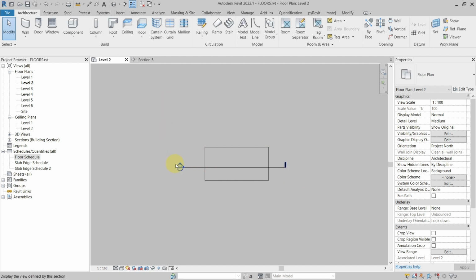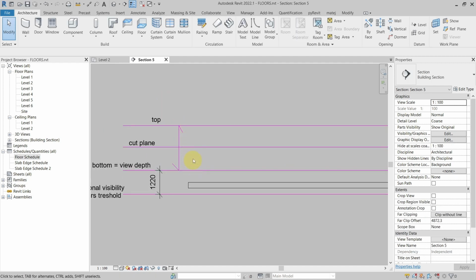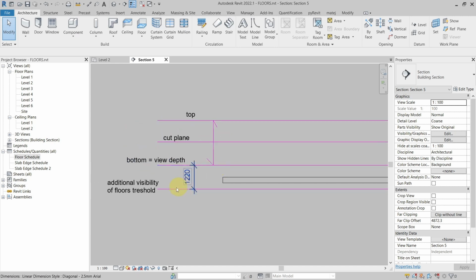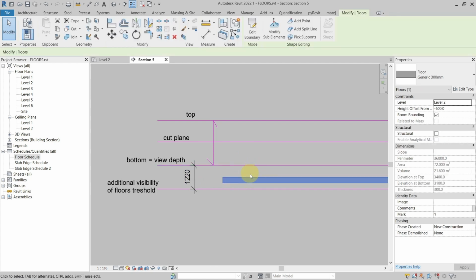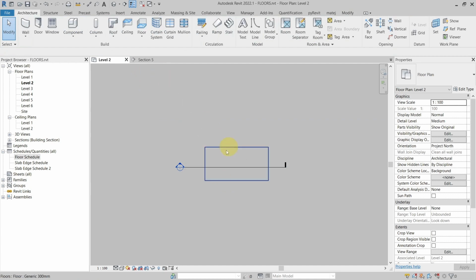So if I go to this section, you can see that this represents my view range, top, cut plane and bottom and the view depth. Here I have the additional visibility of the floor's threshold, which is 1220 millimeters. And you can see that my floor, this one, is actually outside of my view range of the floor plan, but inside of this threshold, so I can still see it in my floor plan, even though it's outside of